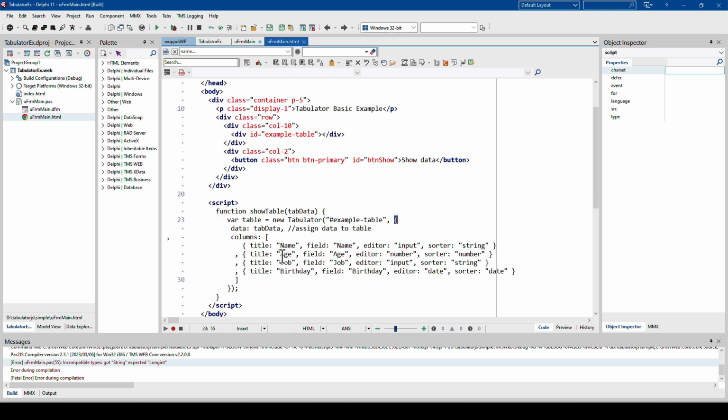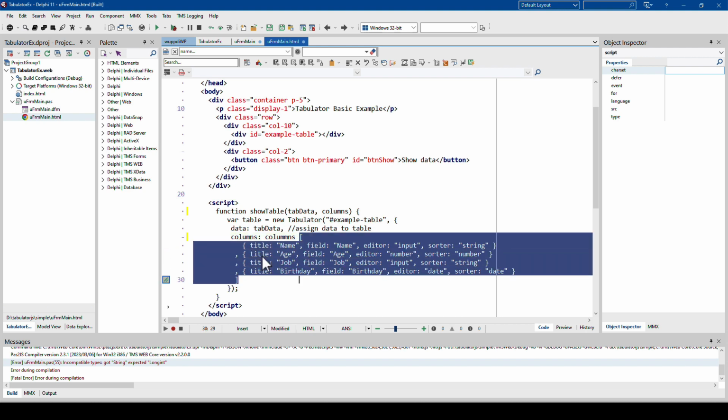Also, what you can also do, instead of passing here the columns or the column array just as a hard-coded JSON inside of your script, you could also do this, comma, columns, and then create an array of your T-column definition, which could also be a record or a class, and then simply pass columns in here instead of specifying it manually here.